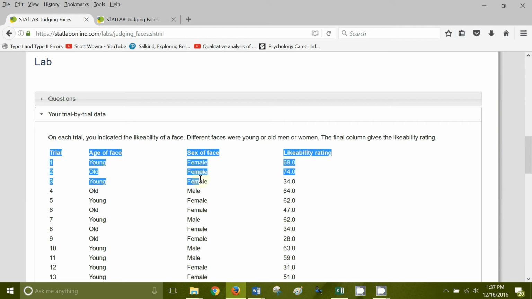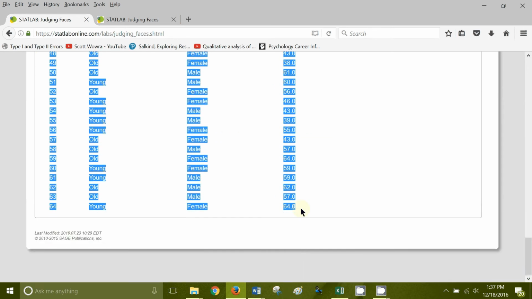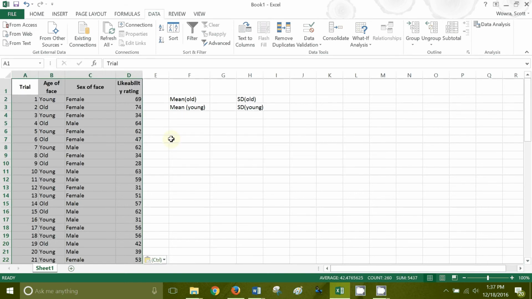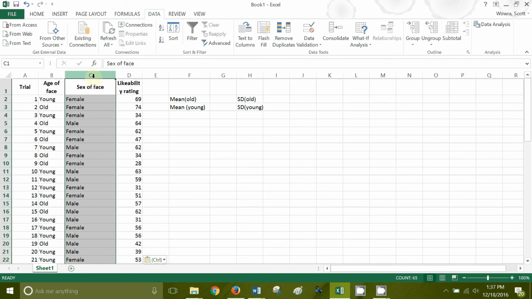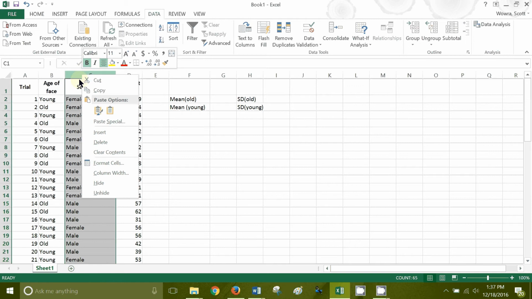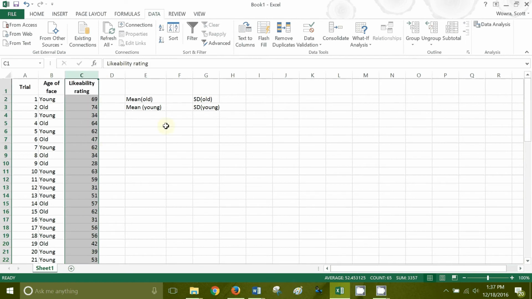So as in previous assignments, you want to highlight all of your data here and copy it, open a new Excel page, and press Control-V to paste. If you want, you can delete sex of face just to get that out of the way. I right-click on the column and then just delete it. You could, of course, look at a t-test for that if you want, but we're just focusing on what's required